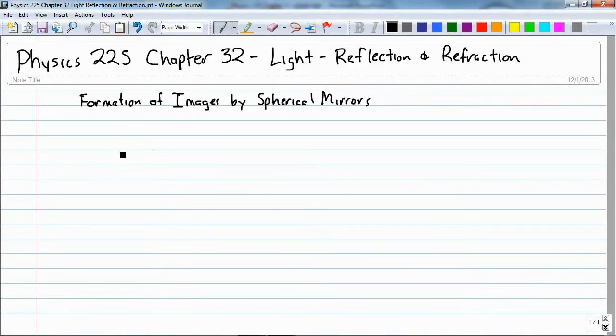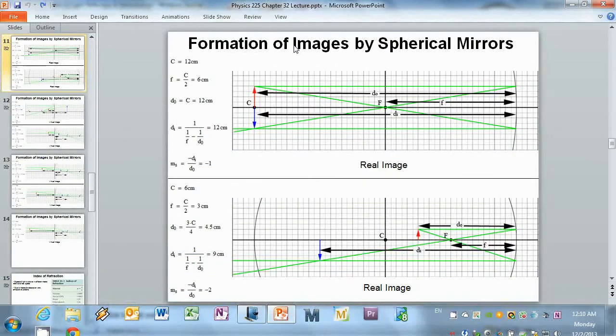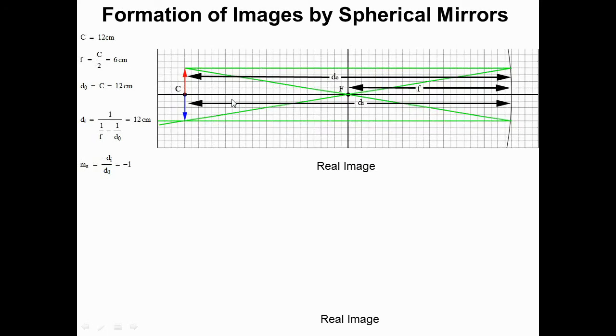Let's look at some examples of how to draw these ray diagrams for spherical mirrors. To do this, I'm going to show in PowerPoint how to find this. So in this first example, I have the object in red sitting at the center,